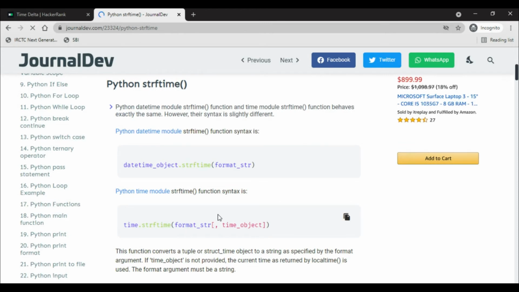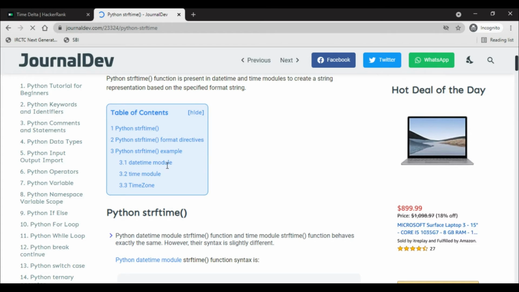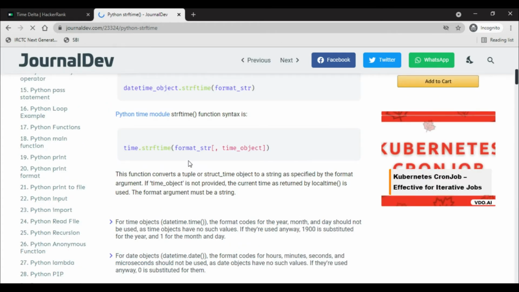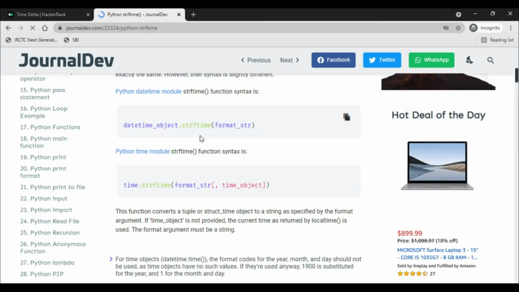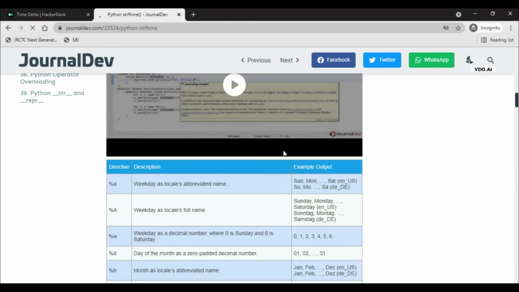So you can see here that you have to load a library, and you can directly calculate the difference between the two. You will give one timestamp, a second timestamp, calculate the difference, and you will get the difference in time. Here you can see the documentation, and this is the thing we will be using.